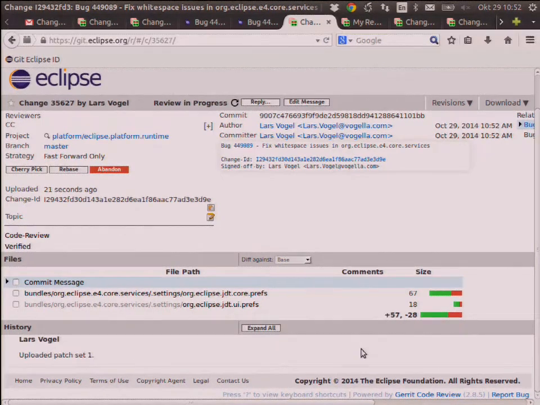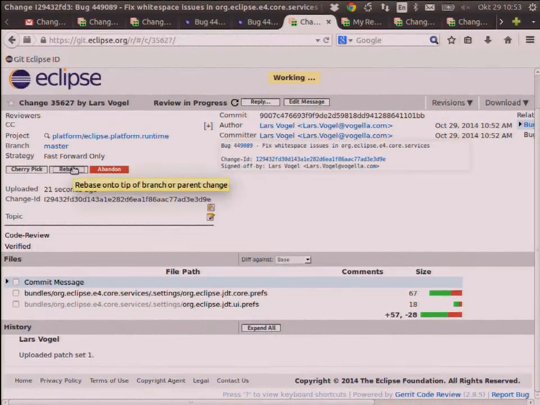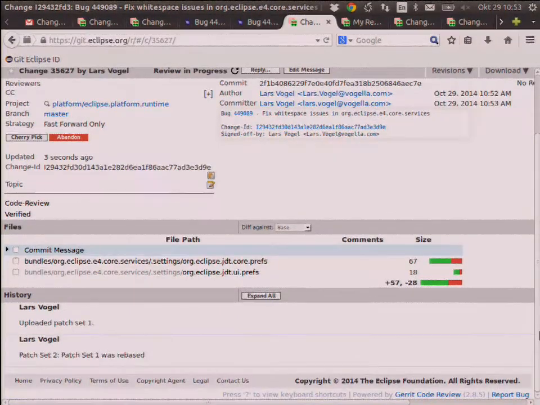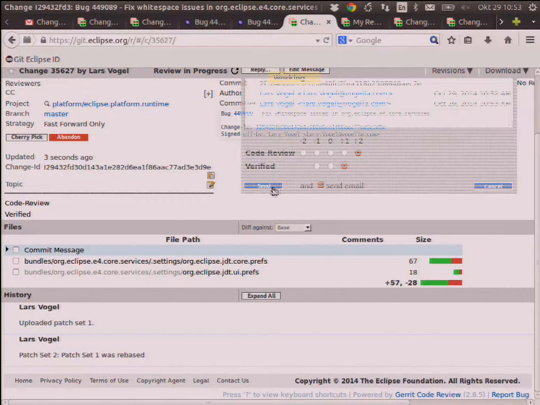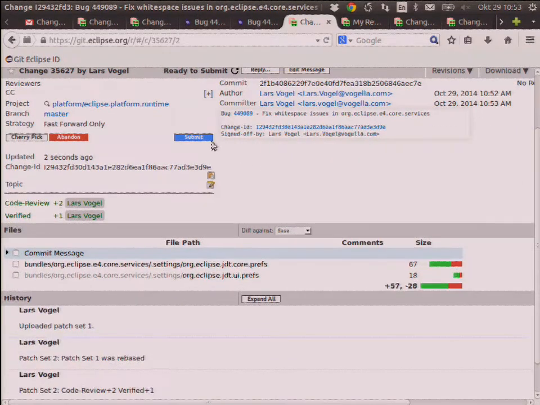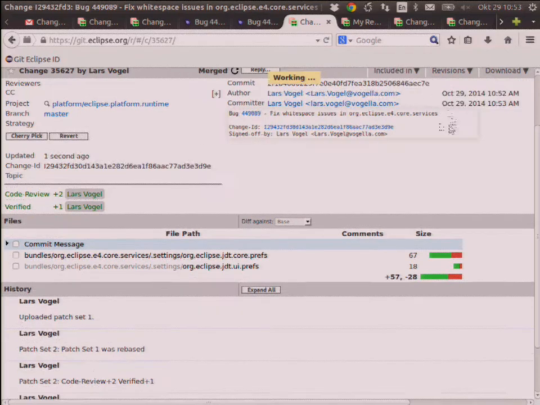So this is good. It is not on the top of a current remote branch, so I could rebase that locally with my Git tooling, but I can also use the rebase functionality within this tooling here. So there's a rebase button. If everything works fine without conflict, merge conflict, or rebase conflict, I can just press it. There is actually a build trigger waiting, so I could now wait until our build server has actually built this. But I guess you all agree that it's just a silly change, and I go there and say reply, +2, great work, Lars, send. And typically we thank contributors, but not thanking me.